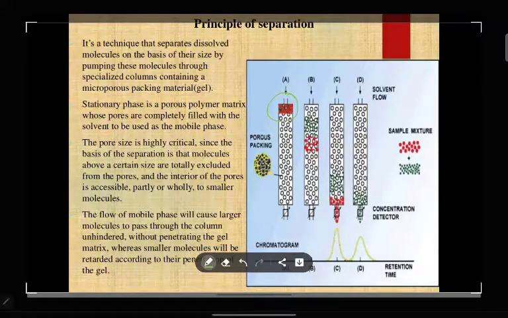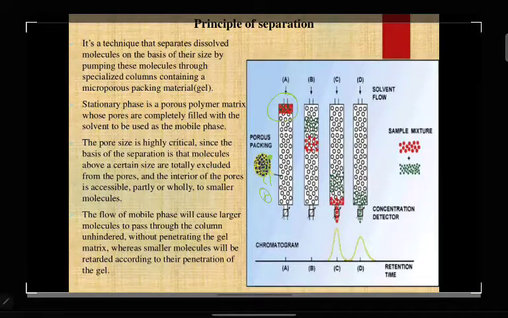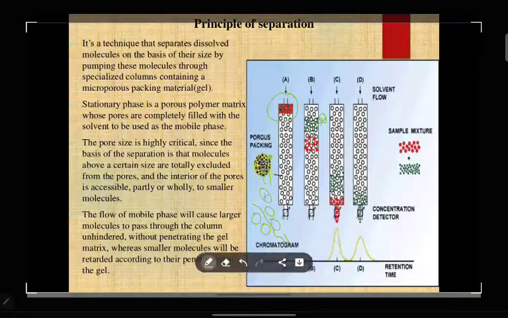In between the porous packing material, these are pores. You can see here. These are called pores. So through the pores, what will happen? Small size particles are going to pass. That's why they will take a long time. Okay, you see small size particles they are passing through the pores. Okay, so that's why here it is late, it is eluting. Here you see large size particles, what I told, between your stationary phase a gap will be there, no? Through this gap they will escape. Same thing here it is happening. Large size particles are escaping through the gap.